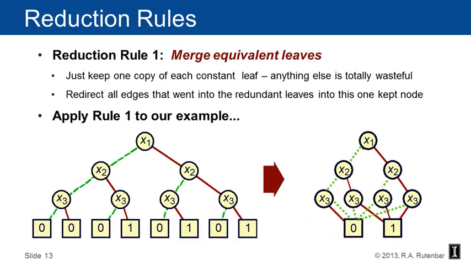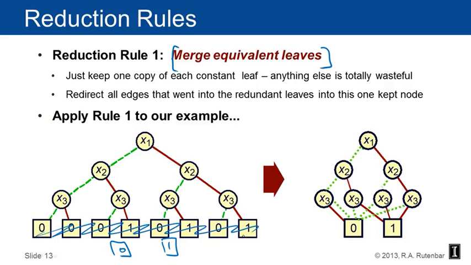So we're going to use some reduction rules. And a reduction rule just identifies things in a decision diagram that are inefficient, that can be replaced with fewer nodes or fewer edges. So the first reduction rule is really simple, and it says we should just keep one copy of each constant leaf. And so that's the rule that says merge equivalent leaf nodes. And all that really says is I really only need one 0 node at the bottom of this binary decision diagram, and I only need one 1 node at the bottom of this decision diagram,